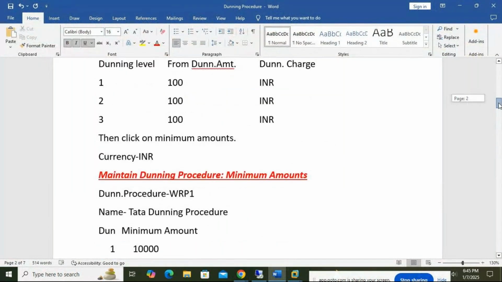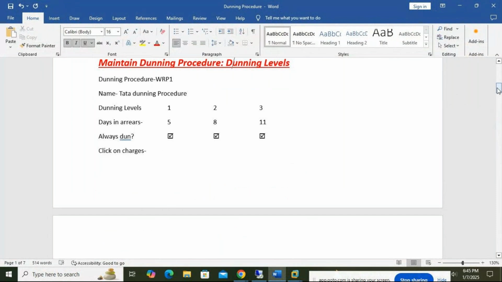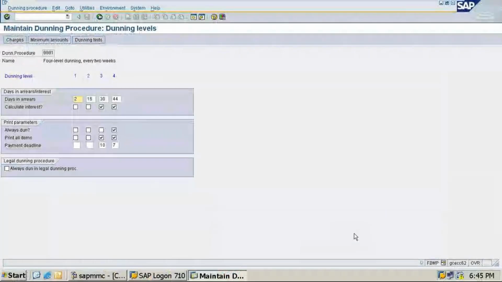Then, maintain dunning procedure: it is 1, 2, 3, 5, 8, 11. Like this it will always come. Okay, so that is the thing.